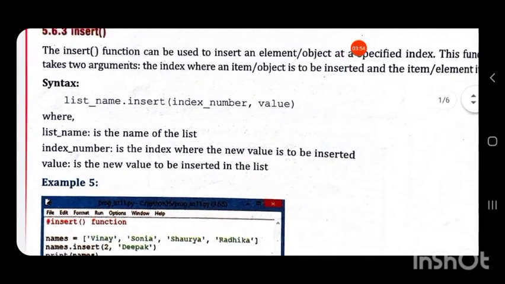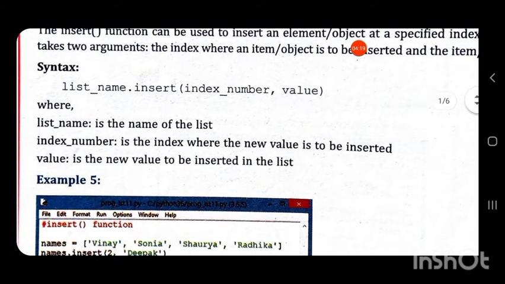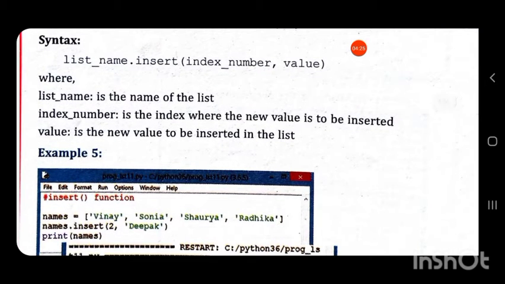So the syntax is list name dot insert in brackets the arguments: the index number comma value. List name is the name of the list in which we have to perform insertion. Index number is the position at which the new value is to be inserted, and value is the new value to be inserted in the list.